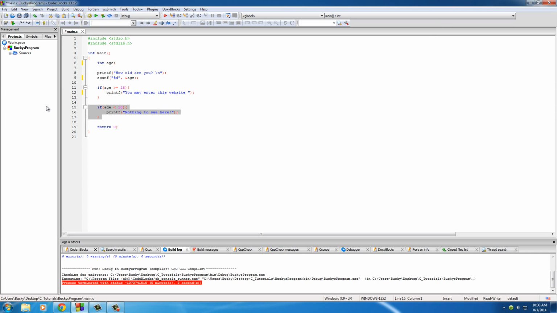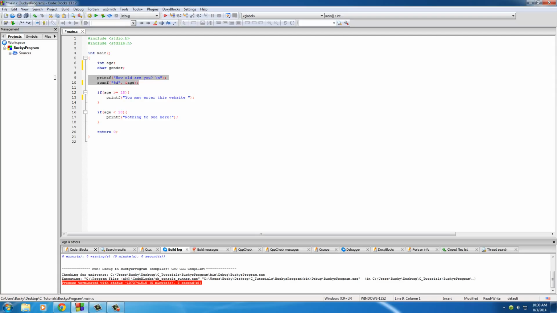But now what I want to do is this: if they were allowed to enter the website, then let's go ahead and give them a custom welcome message based on their gender. Of course, we need a variable for gender, so name it gender, and we also need a place for them to input it. So we'll just copy this and put something like